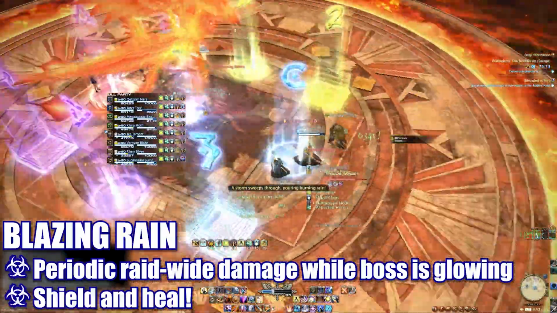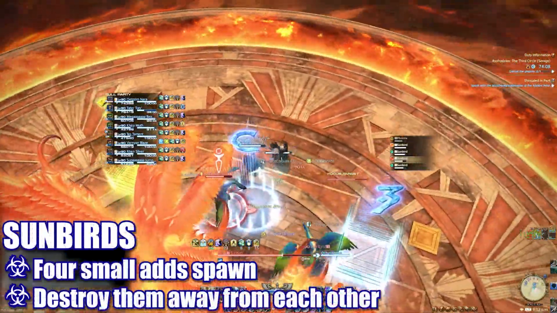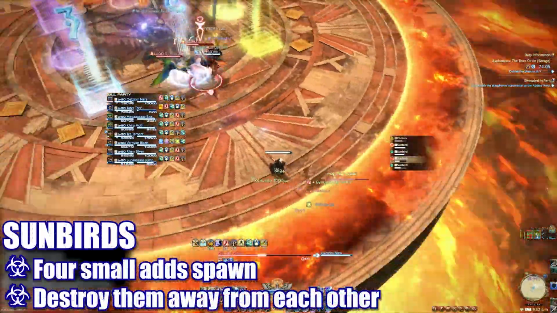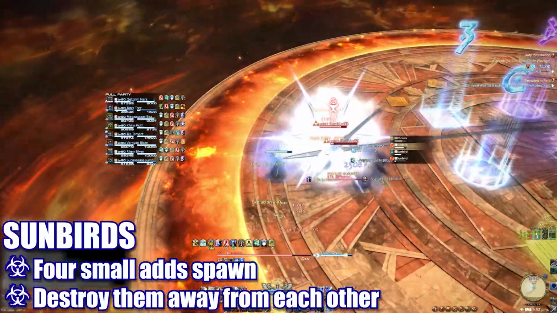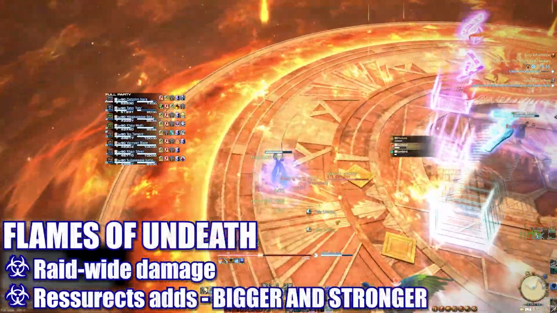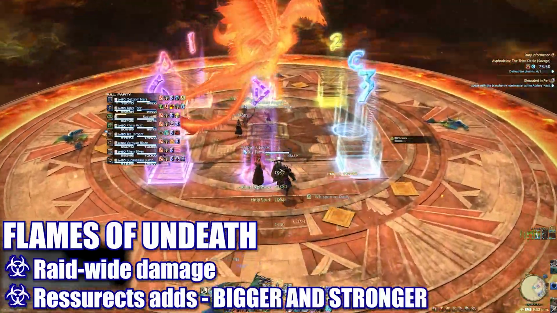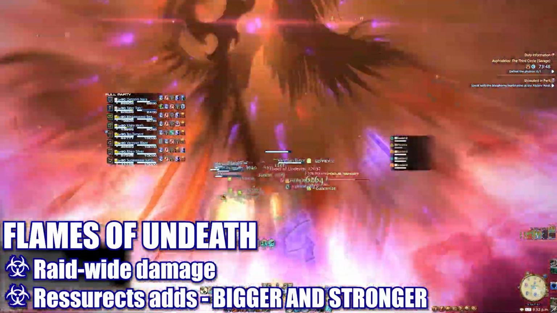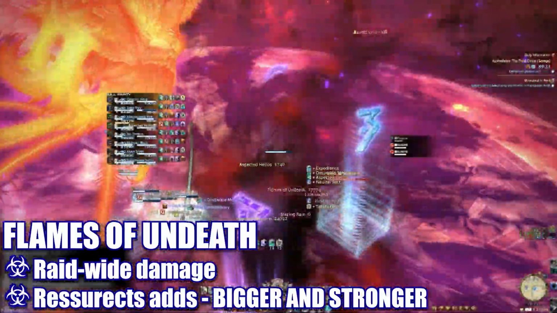Blazing Rain will periodically deal raid-wide damage during this phase. Healers be ready. 4 adds will spawn around the boss that must be picked up immediately by the tanks. All of these adds must be destroyed before they enrage or you will die. They must also be killed far enough away from each other, as the boss will soon cast Flames of Undeath, dealing high raid-wide damage and resurrecting each add. If the adds are too close when they resurrect, they will buff each other and the boss, and you will probably die. These new adds will maintain their enmity, so tanks don't have to worry too much about picking them